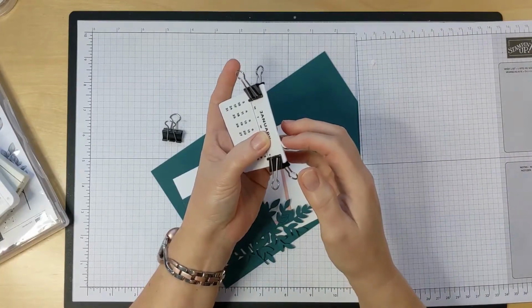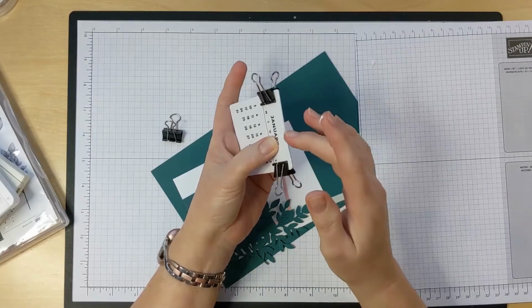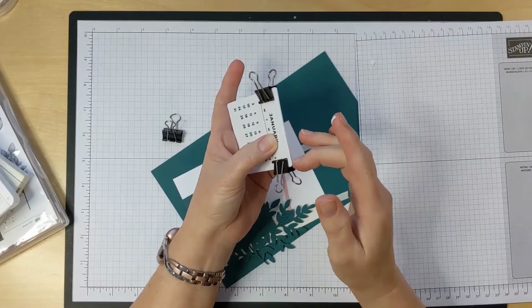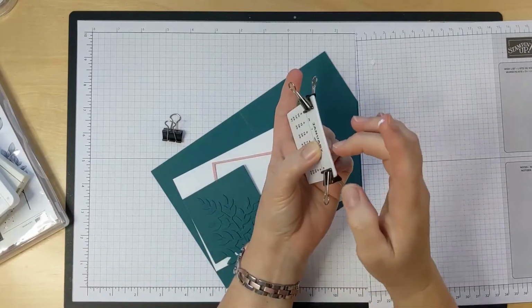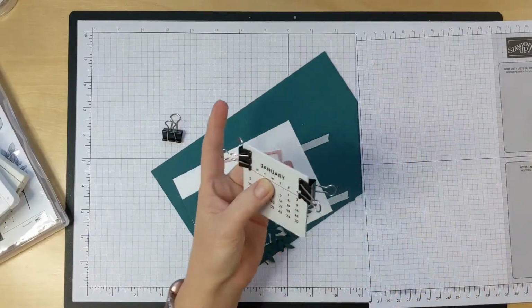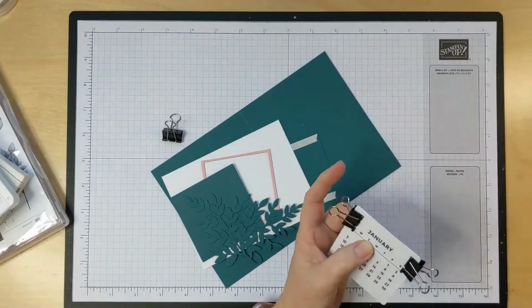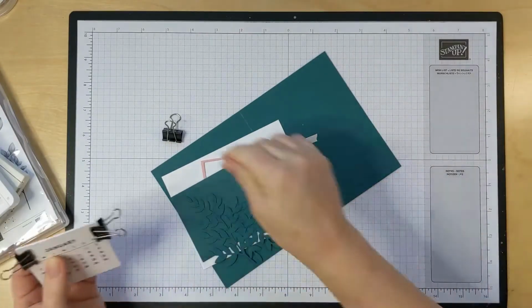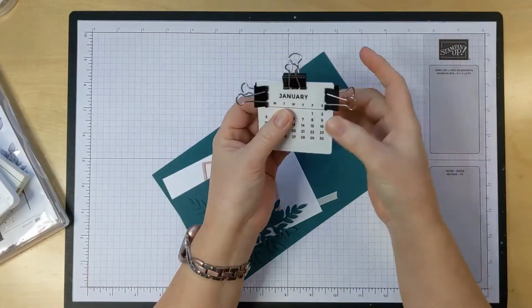And just work your way across. I try to keep some glue off of that front. If I get some on the back, not a big deal. The back's going to be glued down anyway. But I try and keep it right across the top there, and you can see. And then wash my hand, wipe the excess glue off first. Wipe my hand off, and then I take one more clip and hold that together, and then I set this